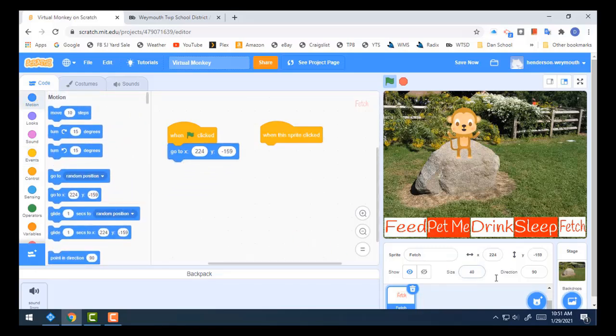Now, since we already have it in position, we look down here and we see it's at 224 and negative 159, and that matches because it's going to match whatever spot it's already in. Now, one thing, as I said, I noticed that tennis ball came in really small. I'm going to make it so that it always starts this size with this costume, but then in a minute, it's going to get bigger